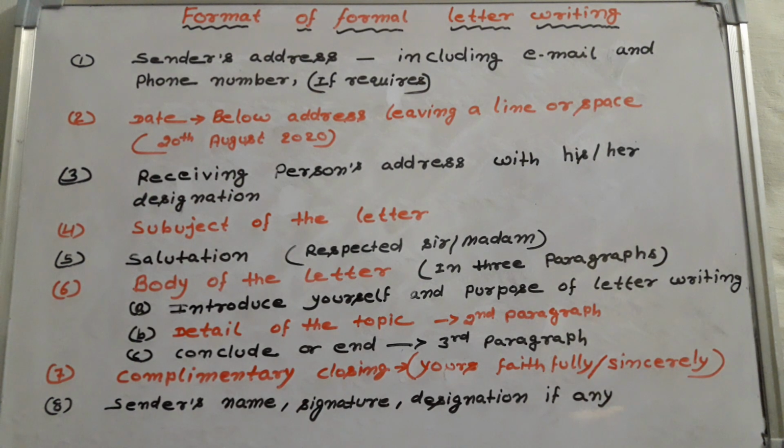फोर्थ पॉइंट चलने से पहले तीसरे पॉइंट को हम लोग जान लें कि तीसरे पॉइंट में हम लोग उस व्यक्ति का पता और उसका डेजिग्नेशन लिखेंगे, वह किस पोस्ट पर है, जिसको हम लोग ये पत्र लिखने जा रहे हैं। चाहे वो डेजिग्नेशन प्रिंसिपल हो, कहीं का मैनेजर हो, एडिटर हो, मेयर हो, या पुलिस इंस्पेक्टर हो, तो ये डेजिग्नेशन है। और इसके बाद उसका एड्रेस हम लोग उसके नीचे मेंशन कर देते हैं।